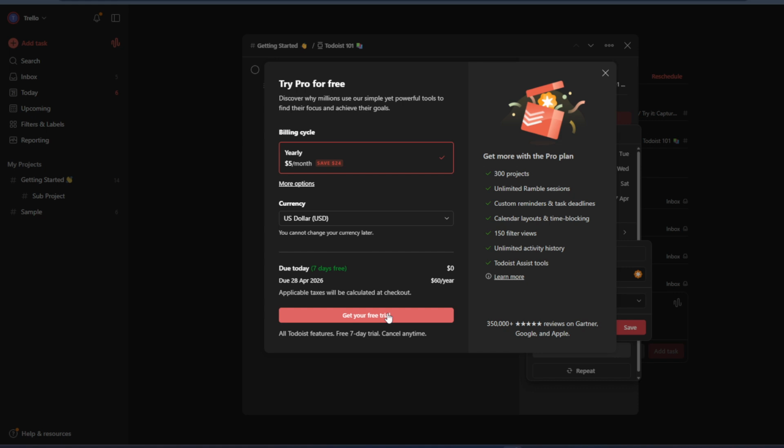This step is easy to overlook, but it's crucial. Clicking Save applies the duration to your task and updates it in your list and any connected calendar views. If you close the window without saving, your duration changes won't stick. And that's it. You've opened a task, adjusted the time, set a duration, and saved your changes. So Todoist can now help you manage not just what you do, but how